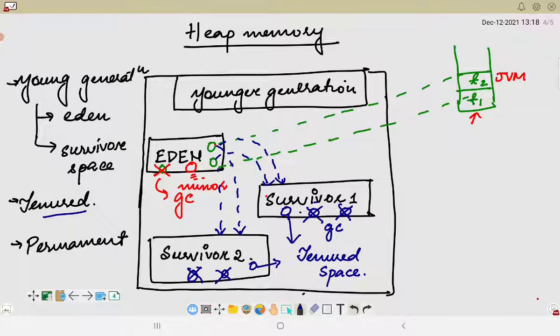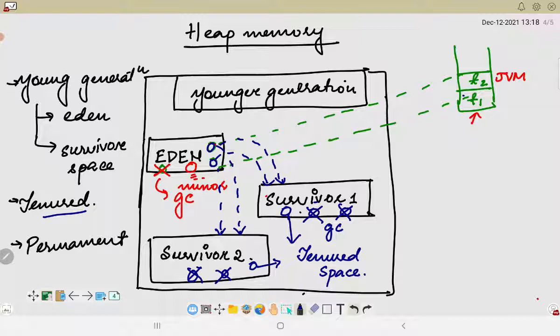It will not have a very different scenario, but a very clear and crisp one: the reference variables will create objects inside the Eden pool, and after garbage collection is done inside the Eden pool, the survivors are pushed to the survivor spaces. After garbage collection is applied over the survivor space and the additional objects which do not have references are removed, those objects would be pushed to the tenured space.